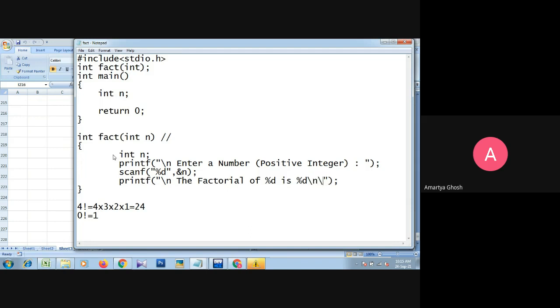Backslash n, comma, here we call the function that is fact, and within brackets we send the value that is held by the n variable, n. And now our main function is completed here, and I just return